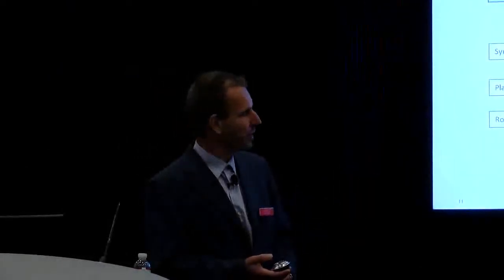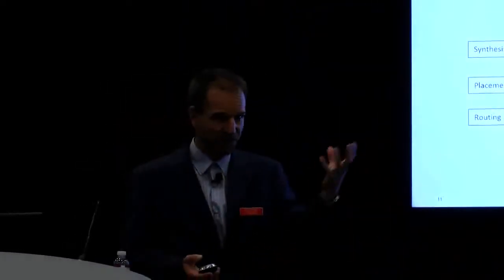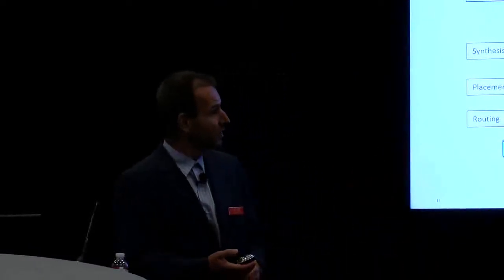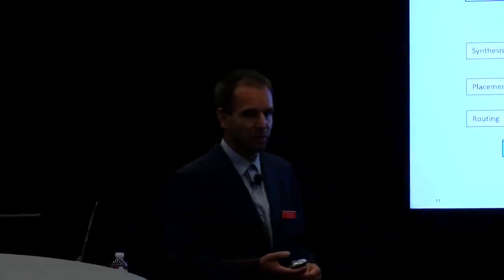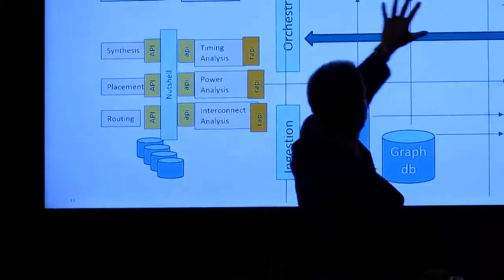Then the designer takes that information, and we gave him some powerful mechanisms to orchestrate the environment and say, hey, I would like to run these jobs again with these parameters, try to get us better power, tune me this way, tune me the other way. And we're starting to use the same infrastructure to put machine learning on top, using this as the big data troves, and instead of putting the human in the loop here, let the machine learning do some of the orchestration and give more preference to better scenarios, or in the verification flow, run more of the tests that provide better coverage and things like this.